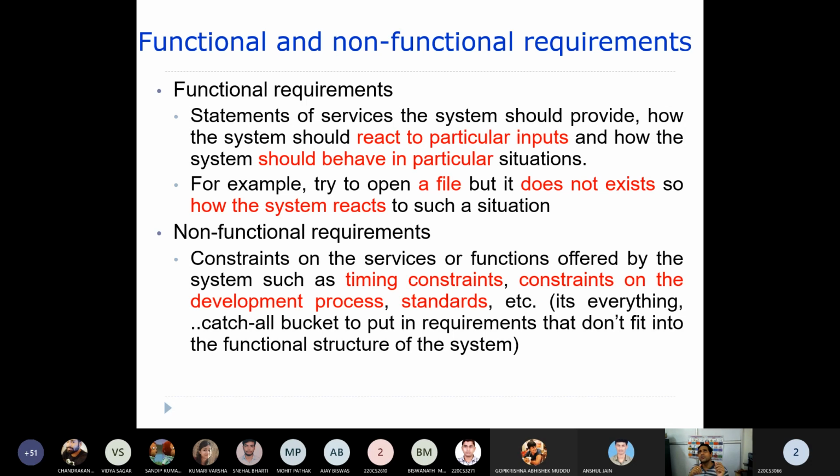That OTP should be used within 2 minutes, or within 3 minutes. So there is some sort of standard followed by any sort of organization, right? So if at all any standards are there, you need to monitor that they are provided. These sort of things should be categorized. These sort of requirements should be categorized under non-functional requirements. Okay.